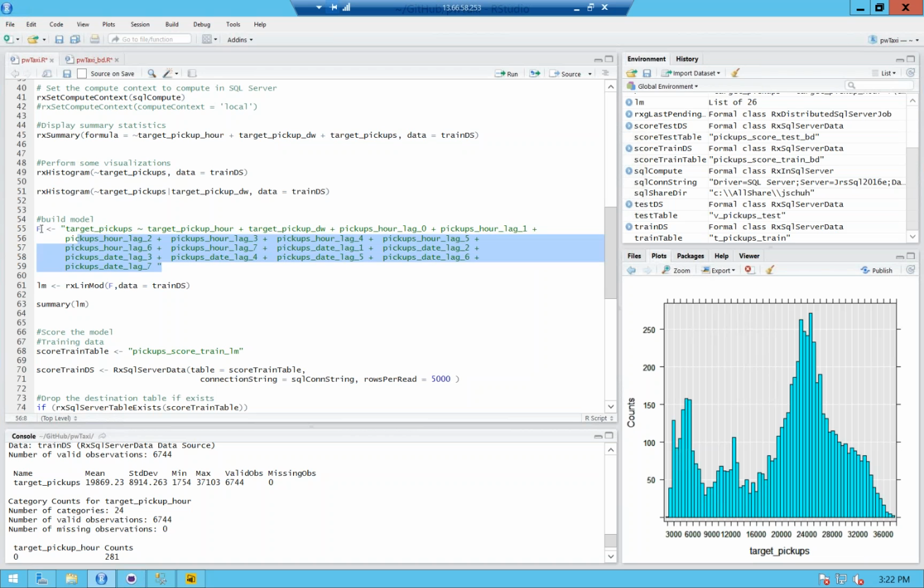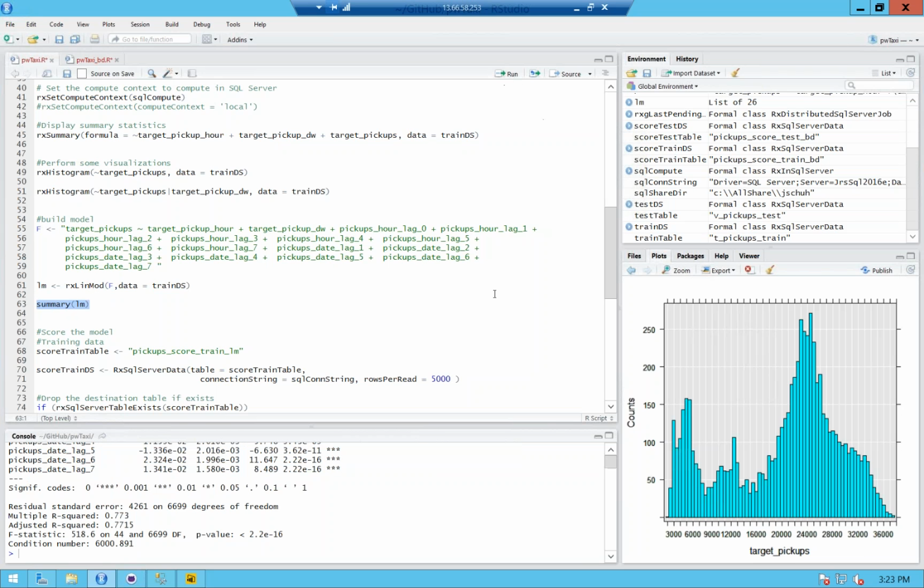So I create this formula right here, and then I'm going to pass it to this function right here, which is rxLinMod, or if you're familiar with linear regression, essentially that's what it's going to do. And here's my formula. I'm going to say, apply this formula to this training data right here and generate a multiple linear regression and save it in this LM object right there. I've already run it. So if I do the summary for this,